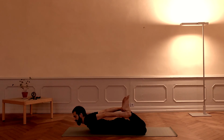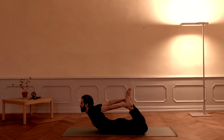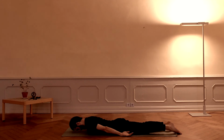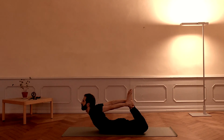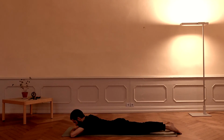And now just staying over your stomach, maybe you may raise your chest a little bit, kicking back with your feet. You may repeat this movement if you like. Make a pillow again, rest,